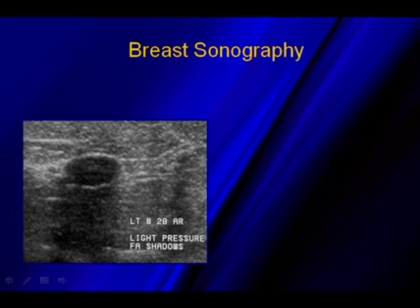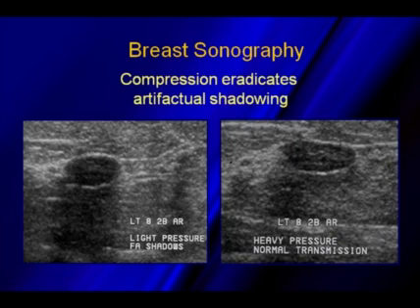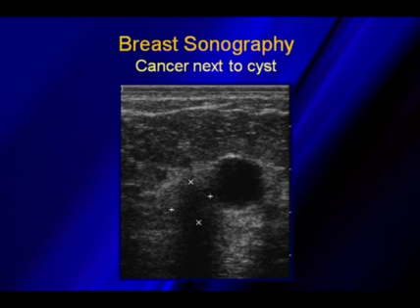Shadowing, remember, is a feature worrisome for malignancy, but by compressing, we were able to make that shadowing go away. This was just an artifact on the shadowing, and compression can make it go away. I would say about once a year we would get a patient that would present with a palpable lump. You can see that her palpable lump is a simple tension cyst right here, and on her mammogram nothing showed